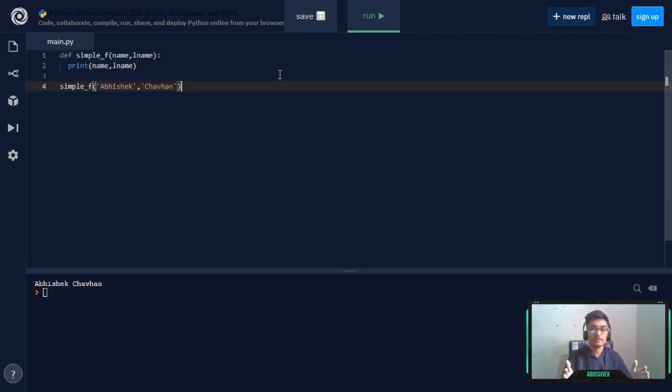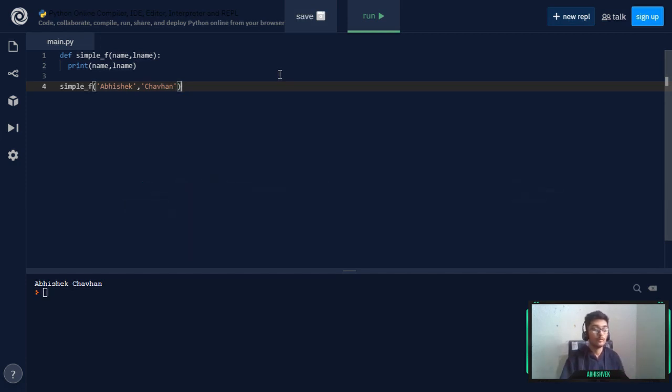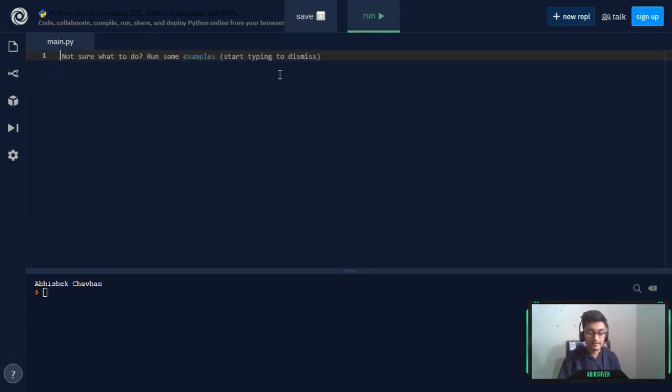Now moving up next, let's try out arbitrary arguments, which come in handy when we have to provide a number of arguments and we don't know exactly how many. So we can simply go up and delete everything, and here I can write a new function, let's say arbitrary f, by providing a star and the name of the argument and a colon.